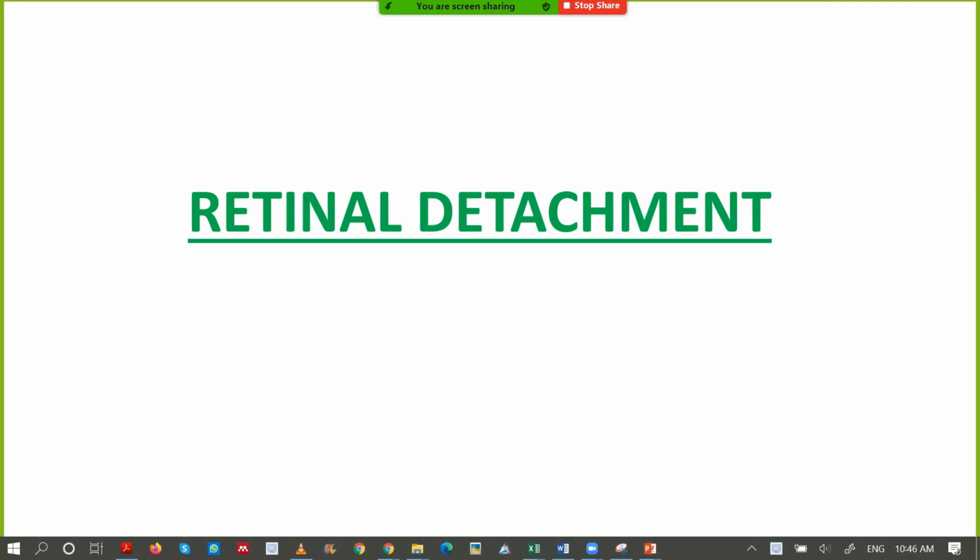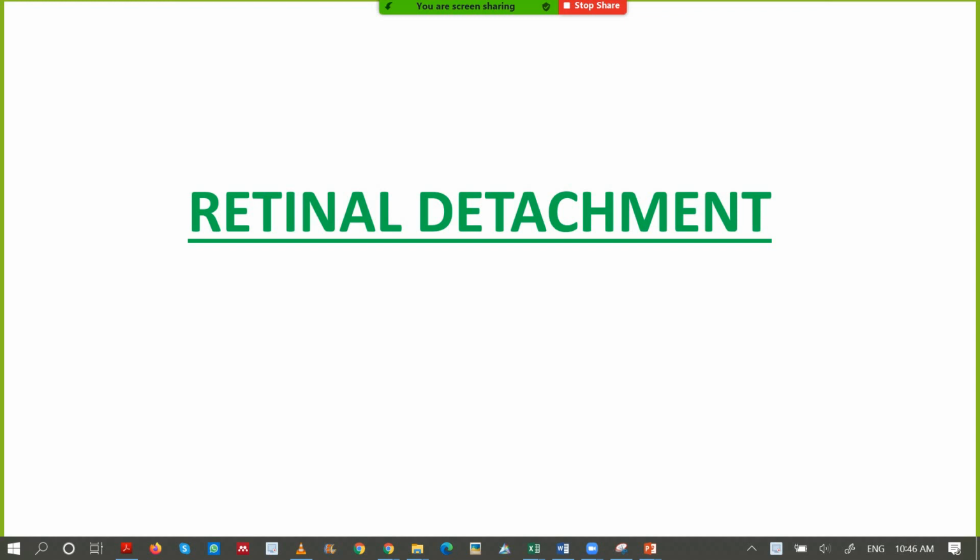Today, what we are exactly going to see about is retinal detachments. So, we had discussed about diabetic retinopathy, macular edema, and how significant OCT and FFA play a major role. Okay, so today we'll just discuss retinal detachments. We had discussed this before.